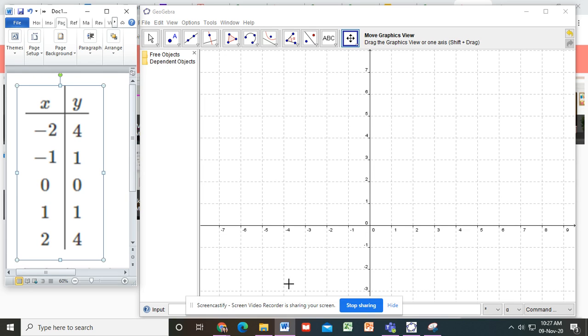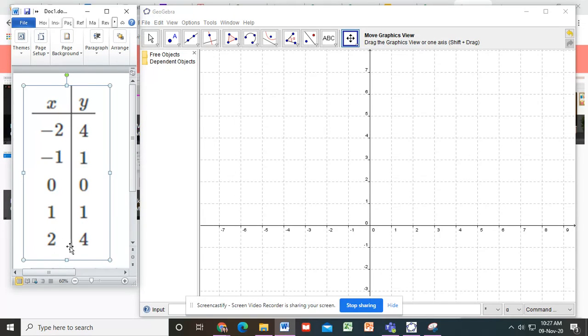Okay, today we are going to graph a quadratic function from the table of values x and y. Here on the left side, you can see the table of values for x and y. And here on the right side is our Cartesian plane. I am using a GeoGebra application to be able to show you how to graph and plot these points on